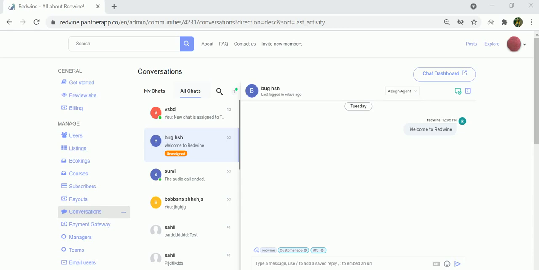Hi, in the last video, we covered the conversation section and explained the difference between all chats and my chats, how you can filter chats according to your convenience, how you can assign agents or close chats, and the importance of closed chats. And lastly, we covered how to download the data of the chats that are coming through, and you can monitor the data of the closed chats, open chats, new chats, and all the chats that we have incoming in the